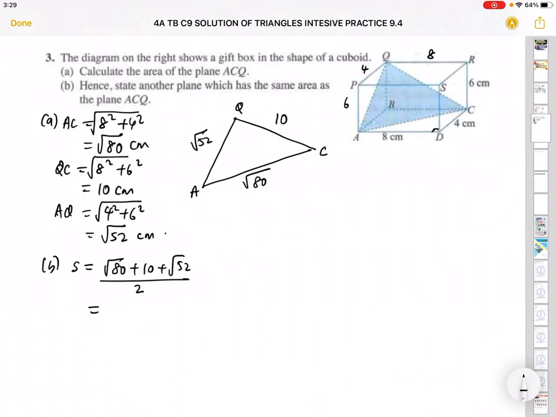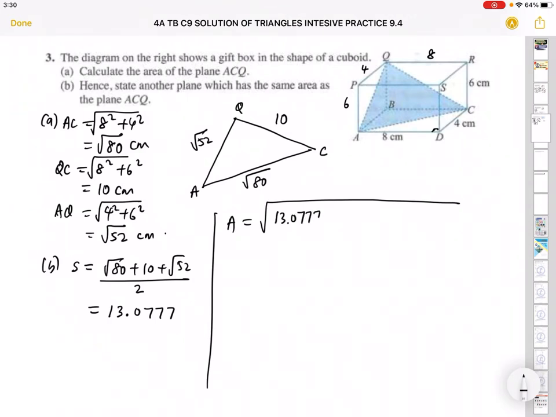Now to enhance the accuracy, I suggest using more decimal points. So here usually we use 3 decimals, now we use 4. 13.0777, and your area is given by square root of